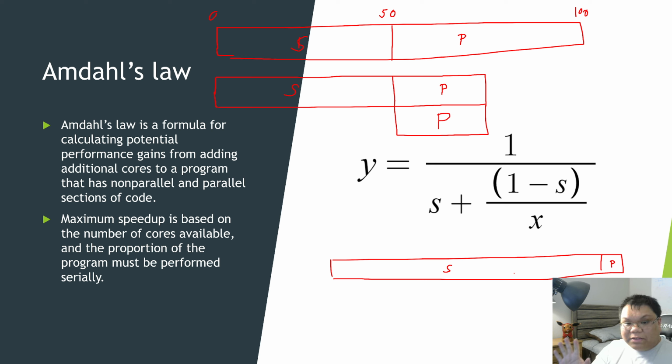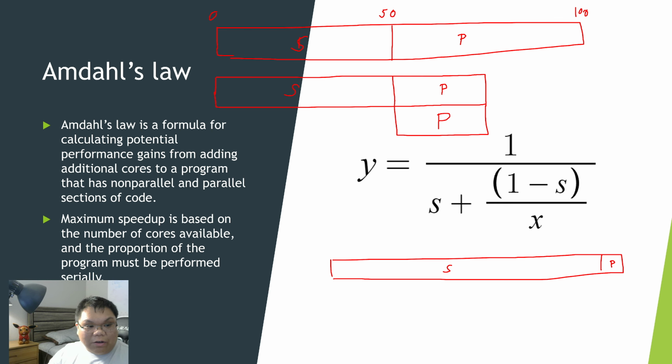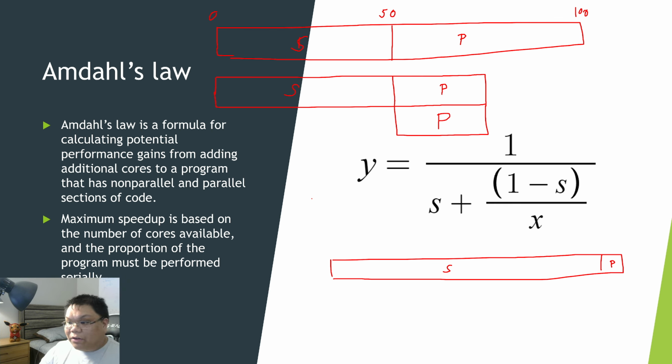If most of a computer program's runtime is spent executing serial code, then even if we throw as many CPU cores at this problem, it's going to affect only a small portion of that computer program's runtime. But if it were the reverse,